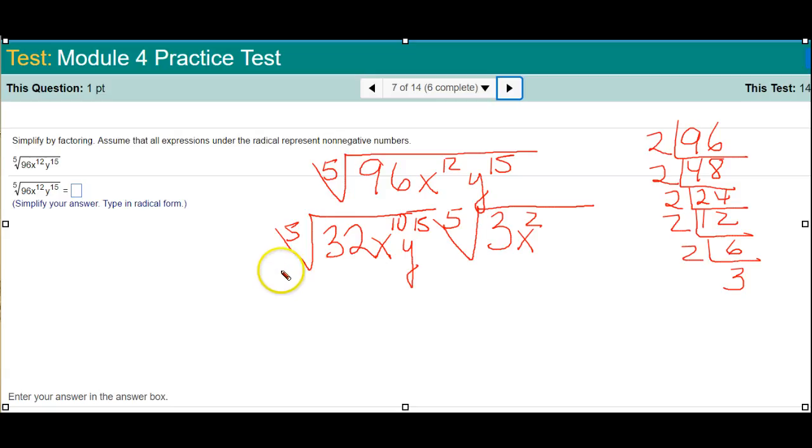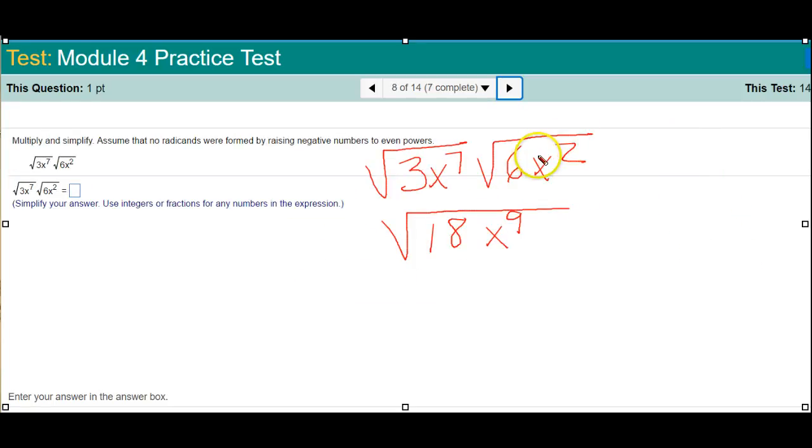So now what you'll do is take the 5th root of these, and then this is what's left over, and that's how you put your answer in there. And we've done some like this, or we'll do some in class. Now as we go over this in class, there are different ways to do it, but we know we can